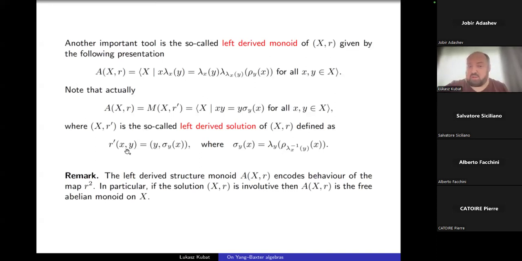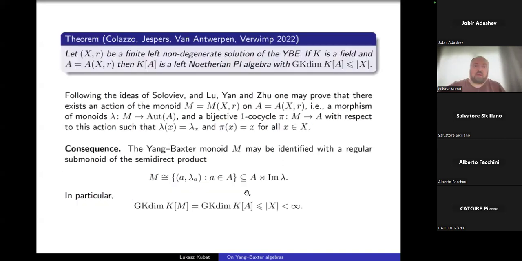So associating to such a solution its monoid and first investigating this solution and its algebra, we have some intermediate knowledge, and using this knowledge, we can pull some information to the level of the general solution. So somehow this derived solution controls the behavior of the map R square. And the idea is the following. In 2022, it was proved that having, as I said, a finite left non-degenerate solution, then the